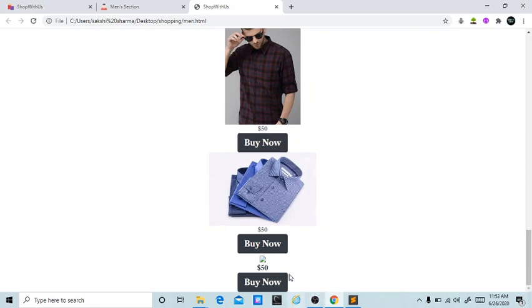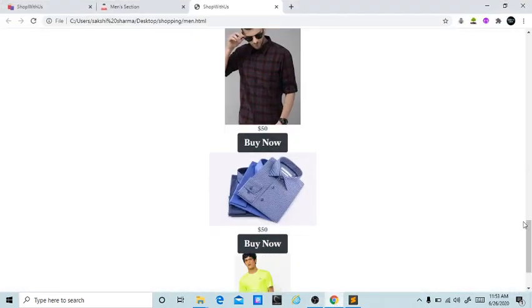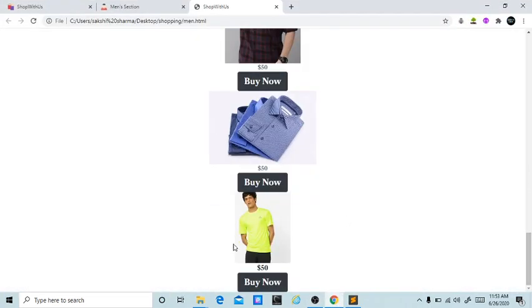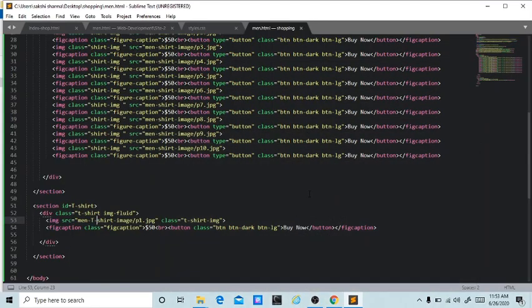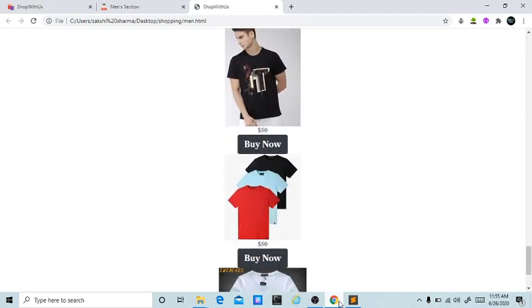We didn't get the image. Let's see what mistake we just made. And the mistake is we made a spelling mistake here, so be careful with spelling mistakes. Here we go, we got the t-shirt. So repeat the same process and add all the images to your